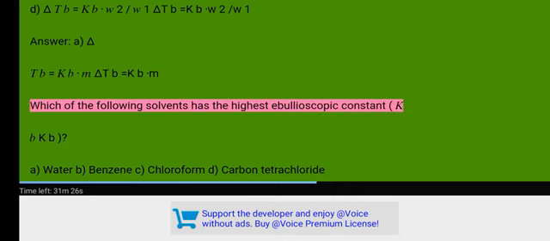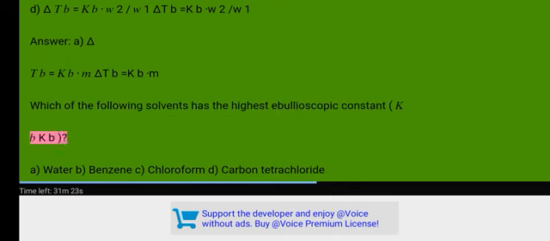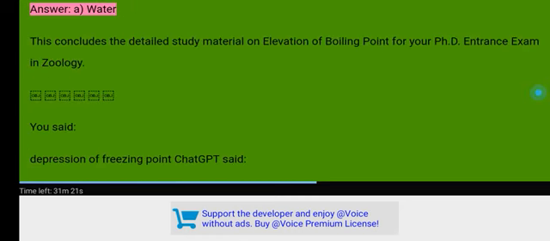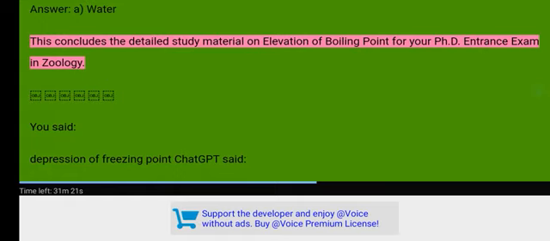Which of the following solvents has the highest ebullioscopic constant Kb? A. Water. B. Benzene. C. Chloroform. D. Carbon tetrachloride. Answer: A. Water. This concludes the detailed study material on elevation of boiling point for your PhD entrance exam in